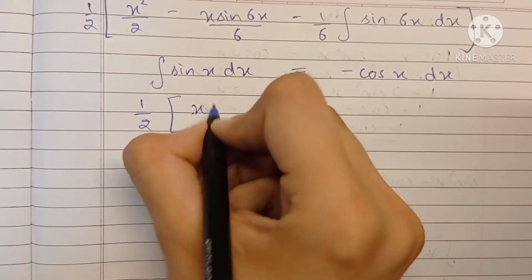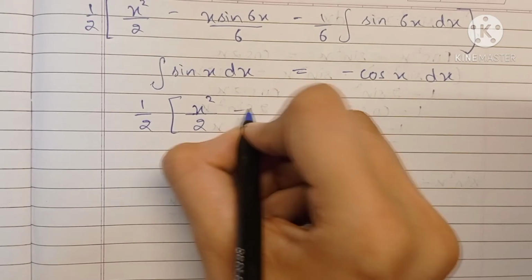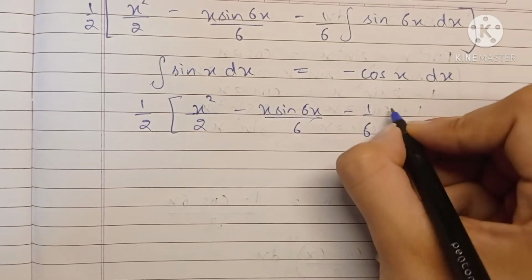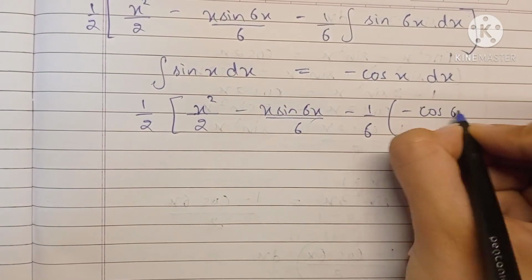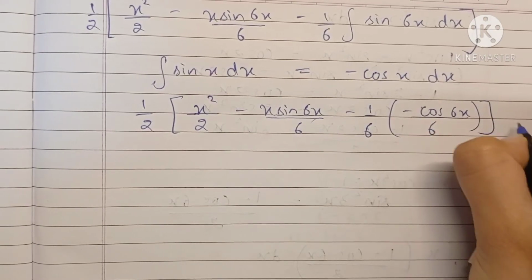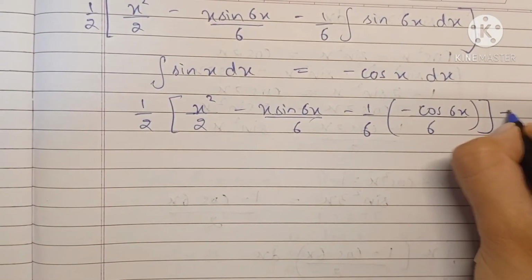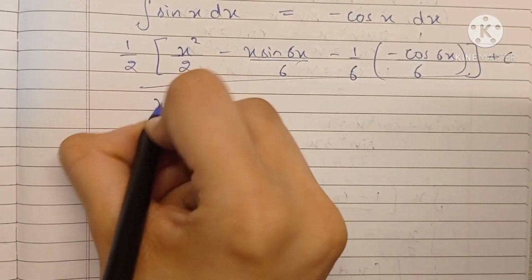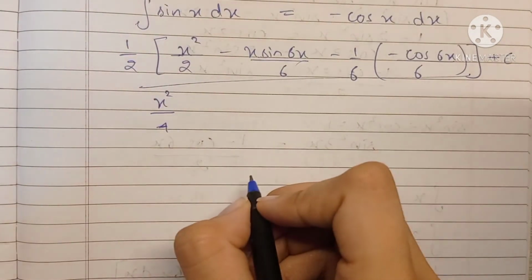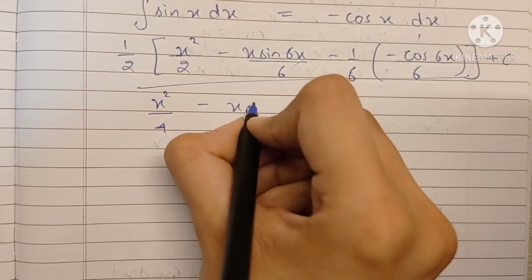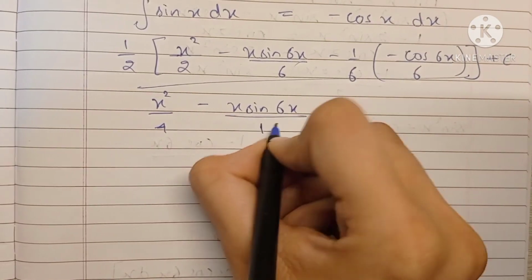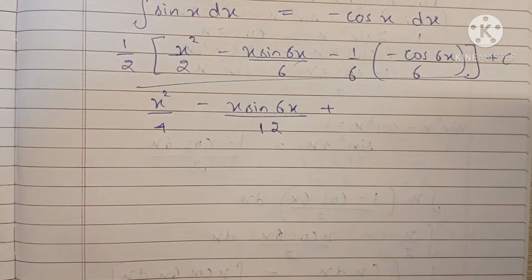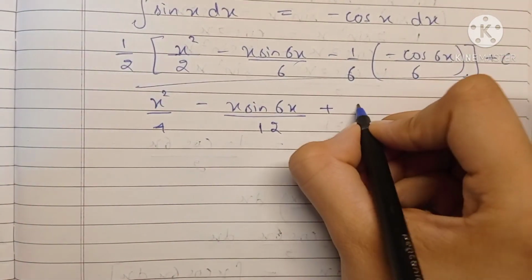So we have 1 by 2 into x square by 2 minus x sine 6x upon 6 minus 1 by 6 into minus cos 6x upon 6 again. And because now there is no integral term, we don't forget to add plus c. Now let's simplify. We have x squared by 4, because I'm just opening the bracket, minus x sine 6x upon 12, minus minus here becomes plus, 6 into 6 into 2 becomes 72, and we have cos 6x in the numerator,